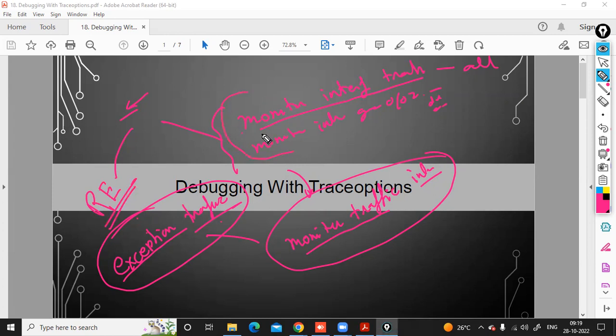Because normal traffic is handled by the packet forwarding engine, right? It is not handled by the routing engine. But if a packet is coming to the router itself, maybe you are sending a ping packet to it. No, if you are sending a ping packet, it will not be handled by the routing engine, because the reply will come from the PFE only, unless the destination host is not reachable or something. If we are sending a ping packet maybe from the router,